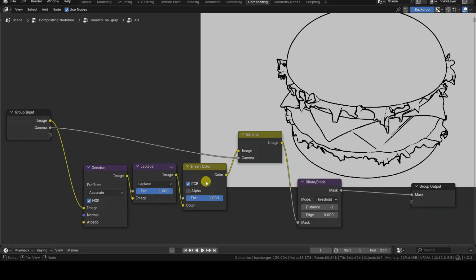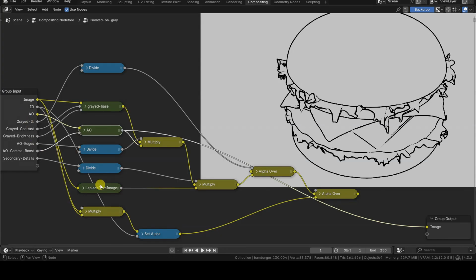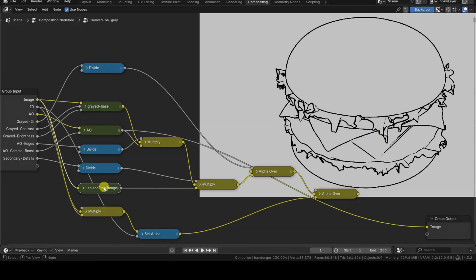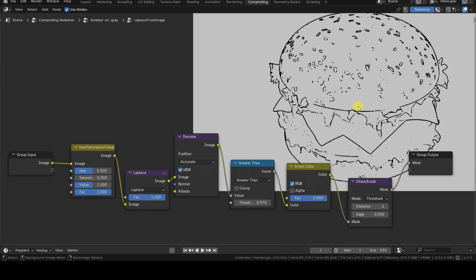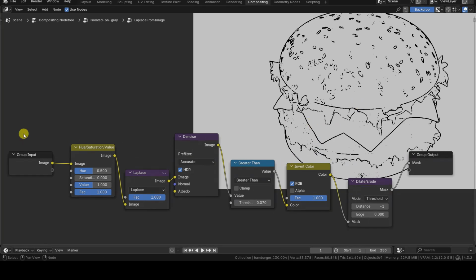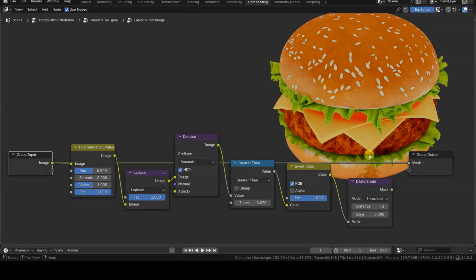Now I exit the ambient occlusion subgroup and connect the output of the Laplace from image subgroup directly to the main group's output to examine its steps and final result. The inside of the Laplace from image subgroup is very similar to that of ambient occlusion.